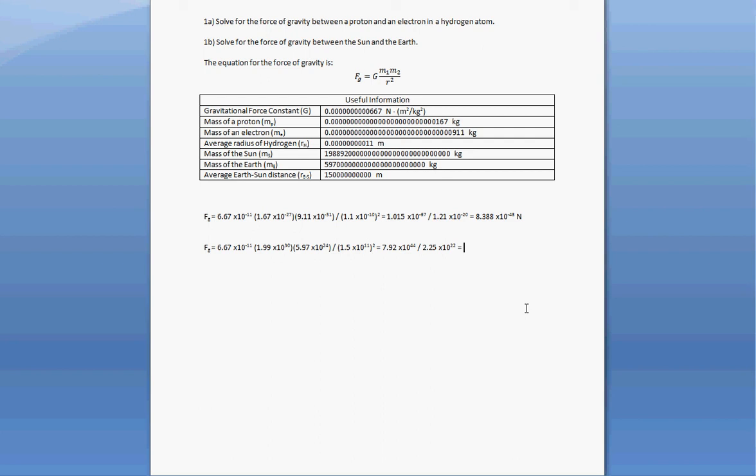And one last time here, 7.92 E44 divided by 2.25 E22, and my answer should be to the 22nd power because 44 minus 22 is 22, and it is 3.52 times 10 to the 22nd power